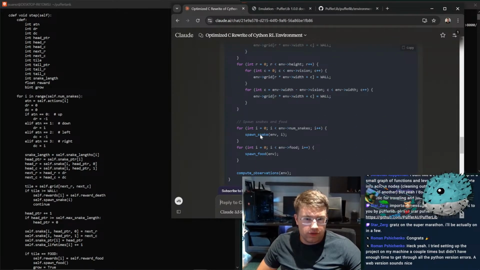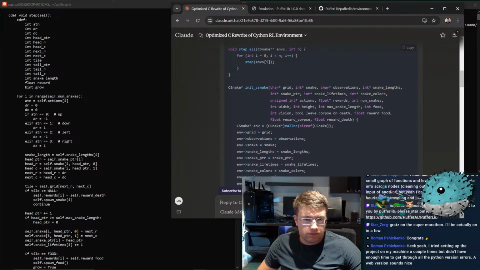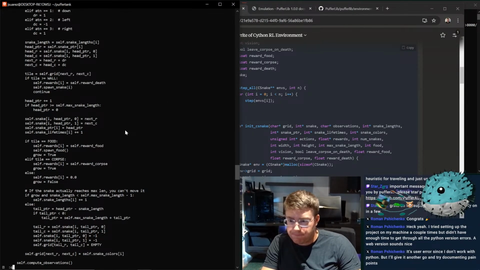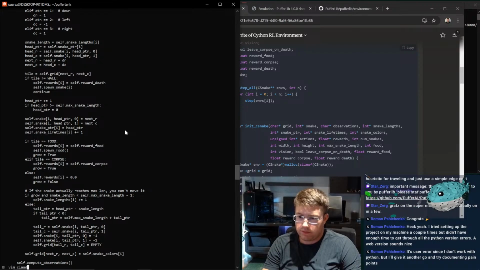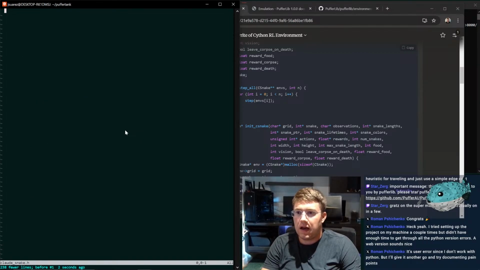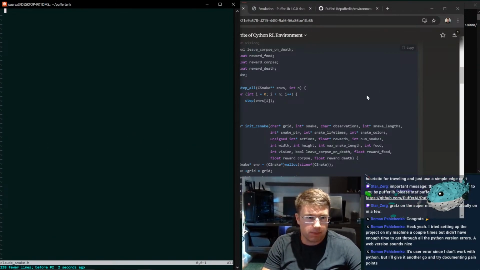Okay, so this is kind of interesting because this is still zero mallocs. Okay. I don't know what's always wrong with my Vim copy paste.